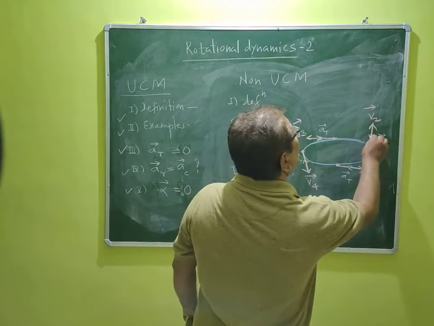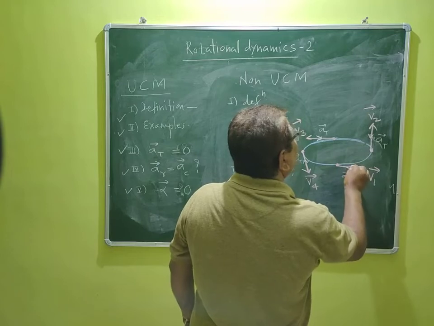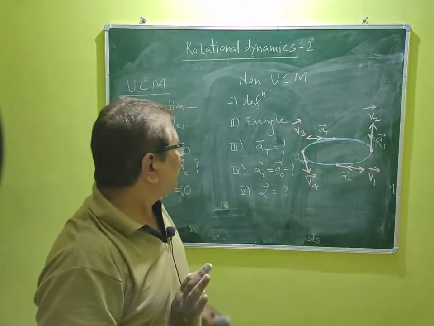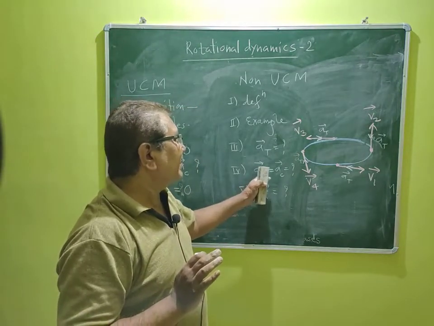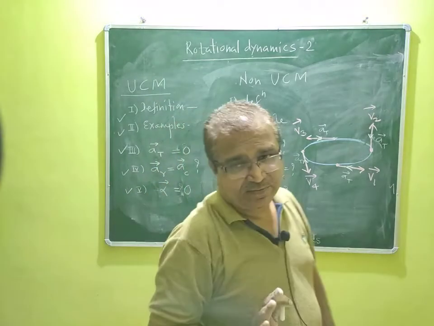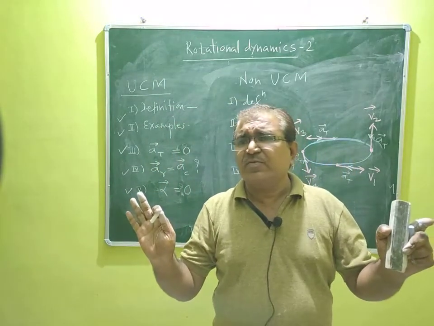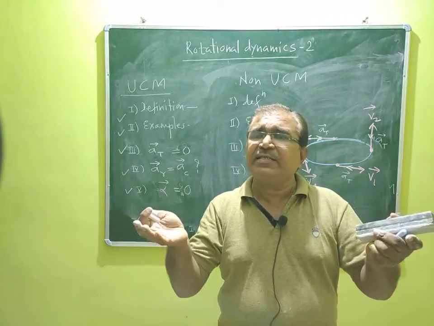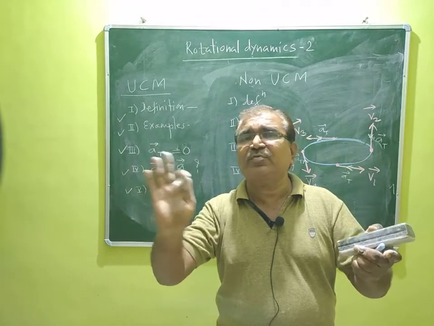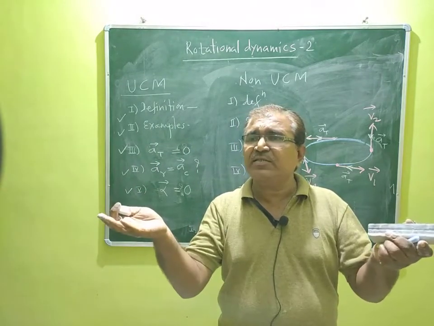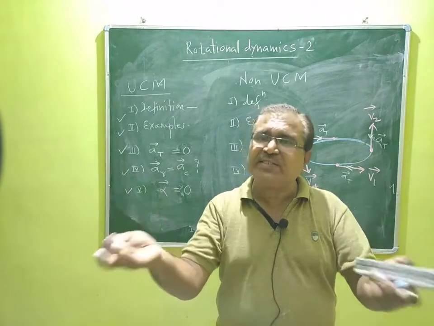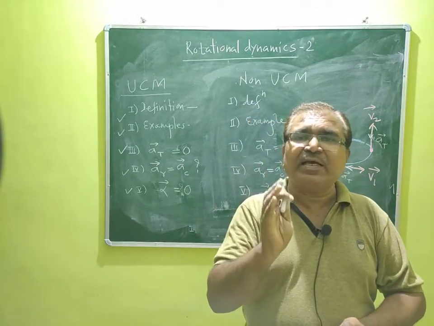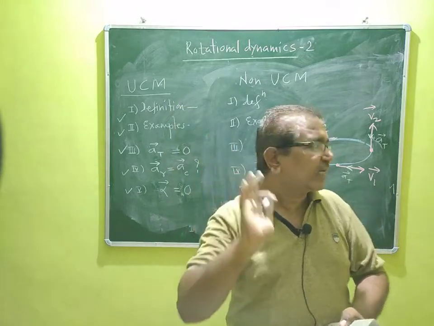So these are the most important things, guys, you will have to remember while learning rotational dynamics. So what about radial acceleration and centripetal acceleration? In both the cases, whether it is uniform circular motion or non-uniform circular motion, radial acceleration depends upon the change in direction of the linear velocity. In both the cases, the direction of the linear velocity always changes. So here also there is a radial acceleration having the formula a_R vector is equal to minus omega square r vector.